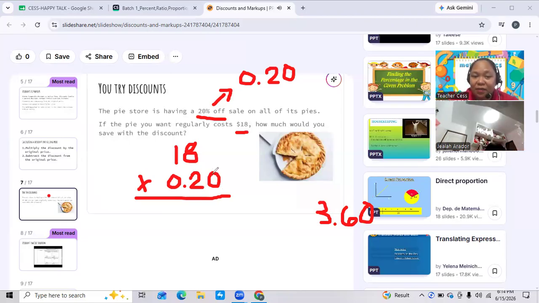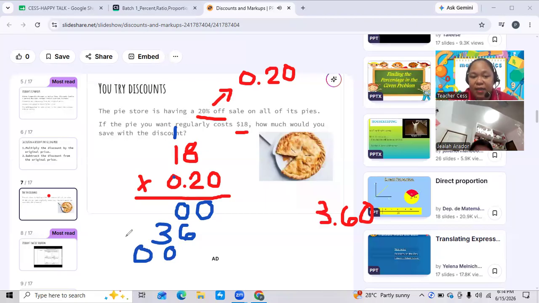First, you have to multiply the 0 to 18. So what will be your answer? That would be 0, 0 only, right? Mhm. And then 2 times 8, that would be 16. Carry 1. 2 times 1, 2 plus 1 is 3. And then the 0 multiplied by 18 will be 0, 0 again. So it will become like this. So if you add it, it will become 0, 6, 3, 0. And then you will count the decimal places.